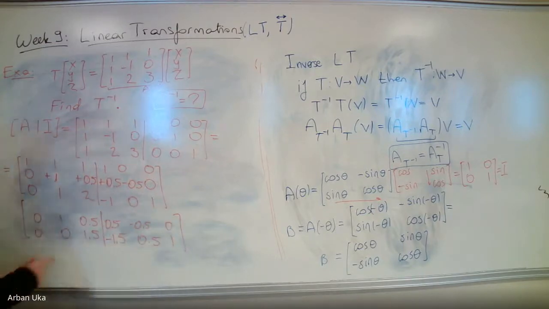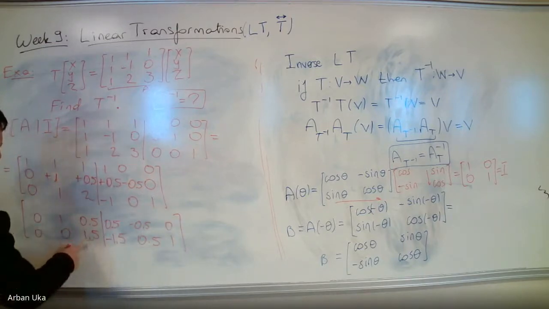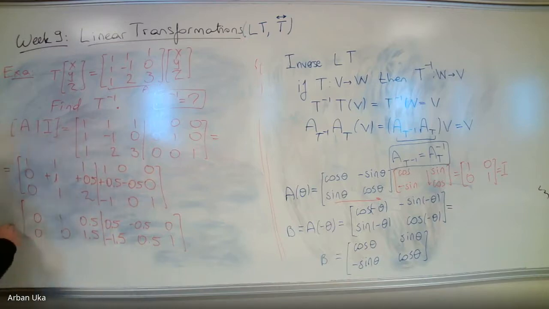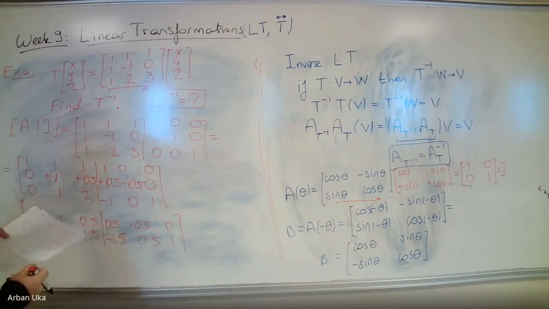The next step, we can divide by 3 over 2, so this becomes 1, the rest becomes the same, so we can divide by 1.5. We multiply only the third row with this, and if we continue like this,